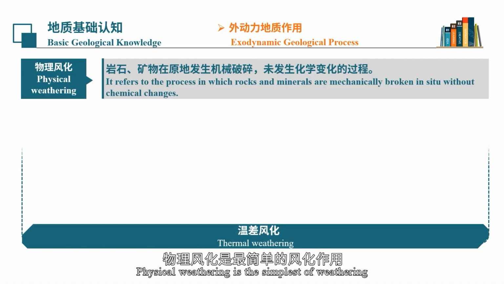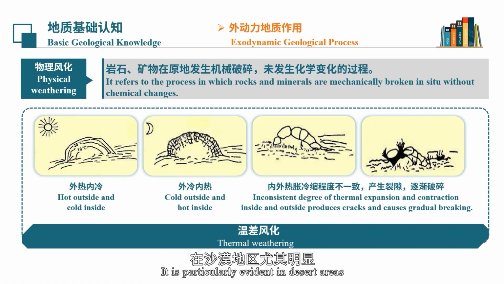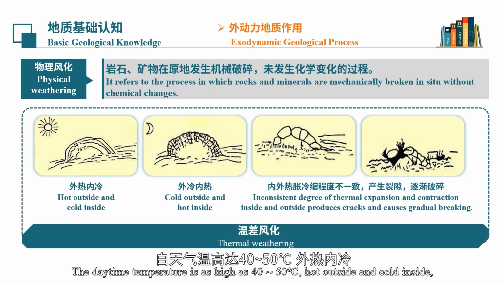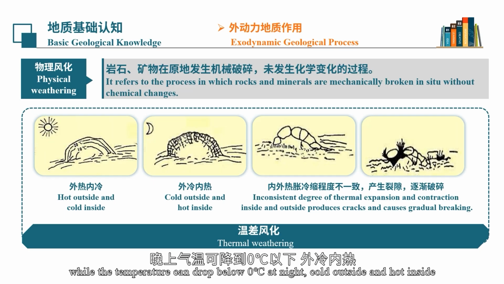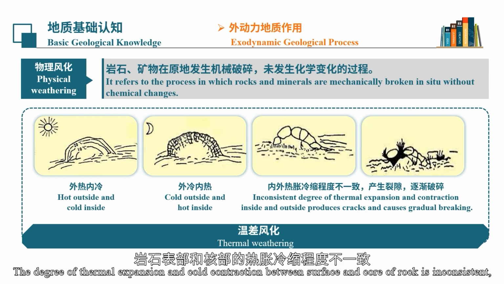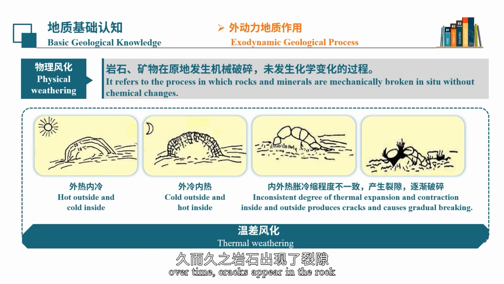Physical weathering is the simplest weathering. It is particularly evident in desert areas. The daytime temperature is as high as 40 to 50 degrees Celsius, hot outside and cold inside, while the temperature can drop below 0 degrees Celsius at night, cold outside and hot inside. The degree of thermal expansion and cold contraction between the surface and core of the rock is inconsistent. Over time, cracks appear in the rock, from big pieces to small pieces, from small pieces to sand, and finally